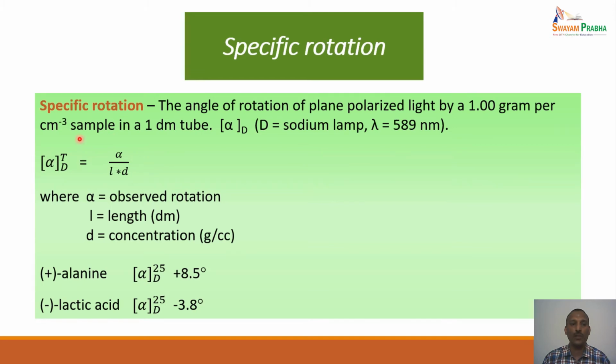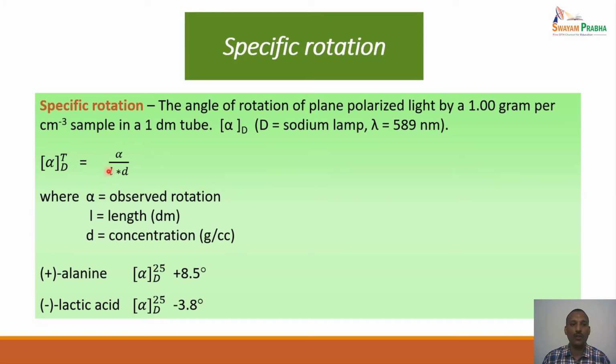So the equation given is alpha D T. Here, the small t is the temperature, the capital T is the wavelength that is used in the polarimeter, and alpha is the observed rotation. So this alpha is the one which keeps changing, whereas alpha D at a particular temperature remains constant, because we